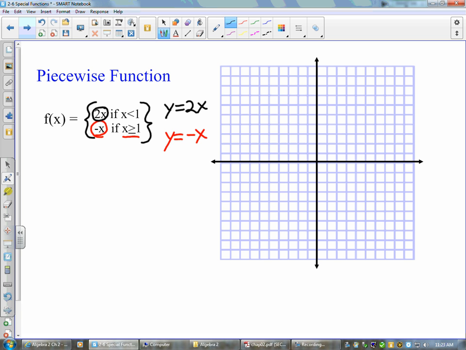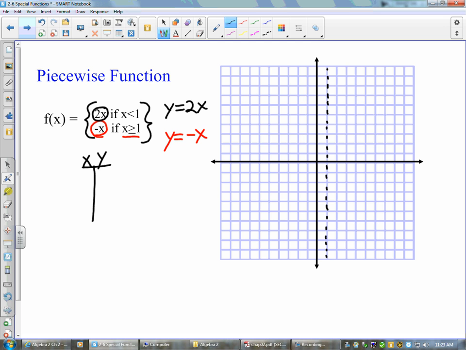So it kind of jumps, and it tells you up here what f of x will equal in each case. So in this case, the dividing line is going to be 1. I'm just going to kind of put that in here as a dotted line, reminding me this is the point where I switch gears and I go to a different formula. So if I'm graphing this, when x is smaller than 1, I'm going to say 2x. So if I wanted to make my table here,